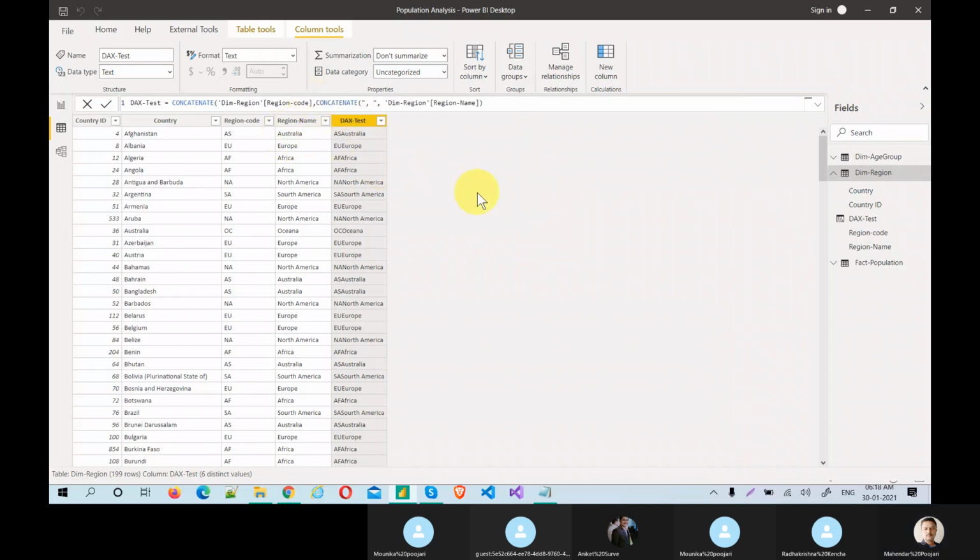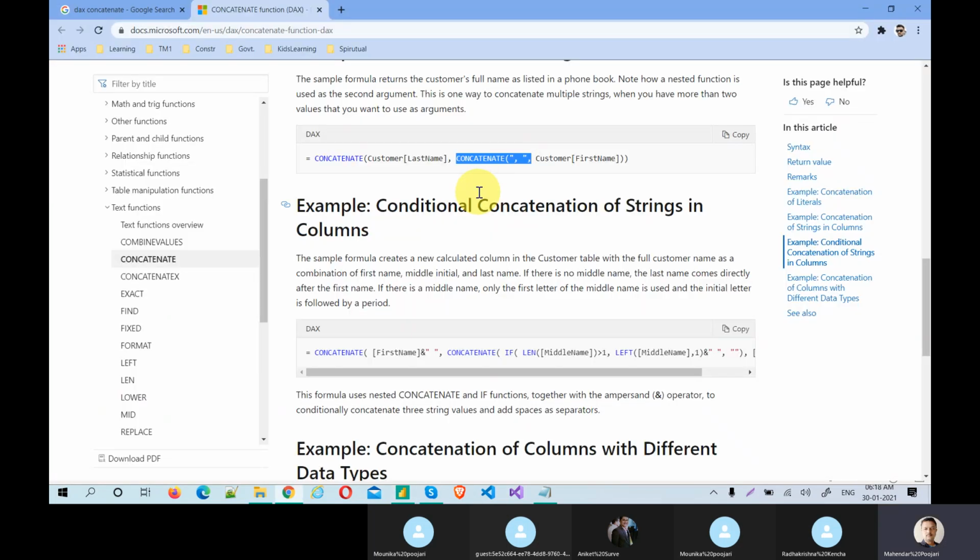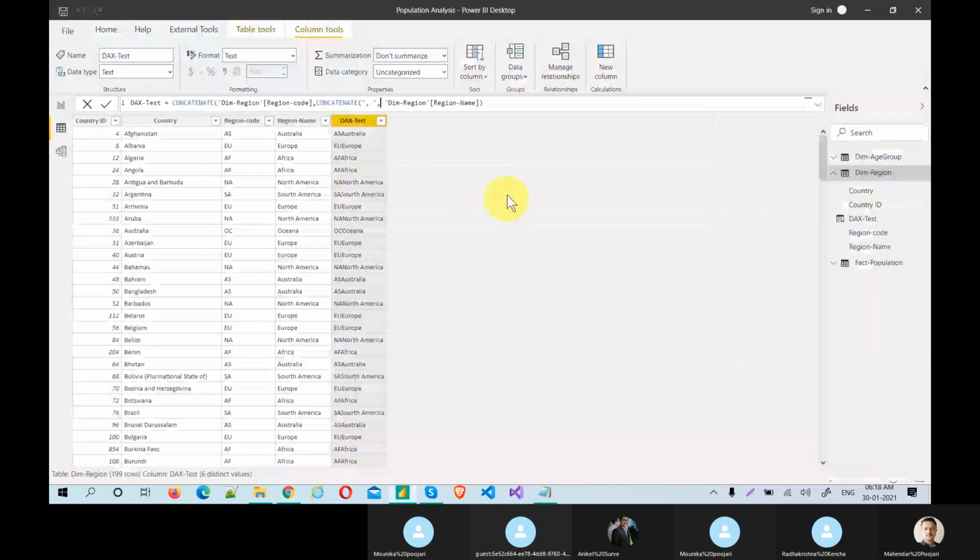That's it. Will that work? It should work. Simple. What did I do? In between quotations, I put the comma, so the comma came.